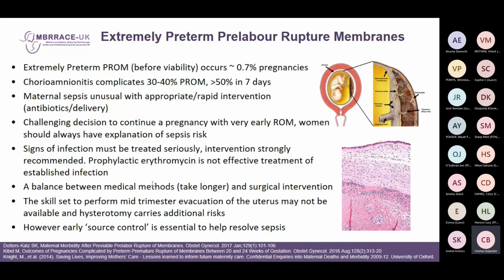But the main thing is these very early preterm SROMs don't always have a very good prognosis. You need to treat with antibiotics, need to think about delivery, and with delivery, whether or not you terminate the pregnancy. But obviously, viability is getting earlier and earlier, isn't it? So I think we're referring up to Oxford. Is it 22 plus 5? Something like that. So it's getting earlier and earlier. But it's just having that conversation. Obviously, you guys won't be, but further down the line, thinking about what's going to be best for mum and baby.